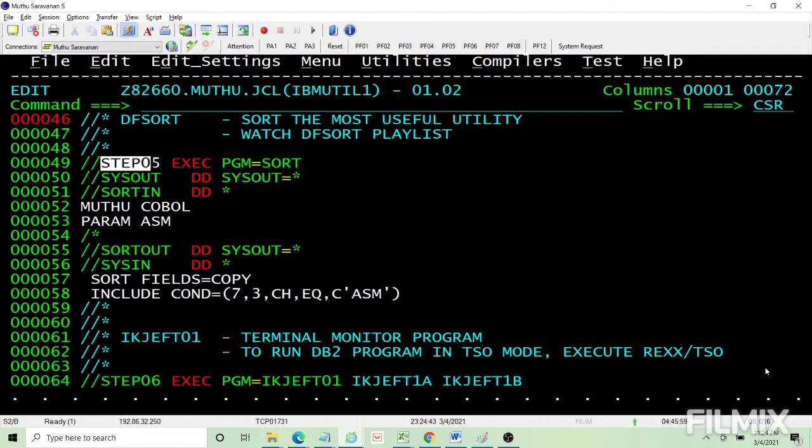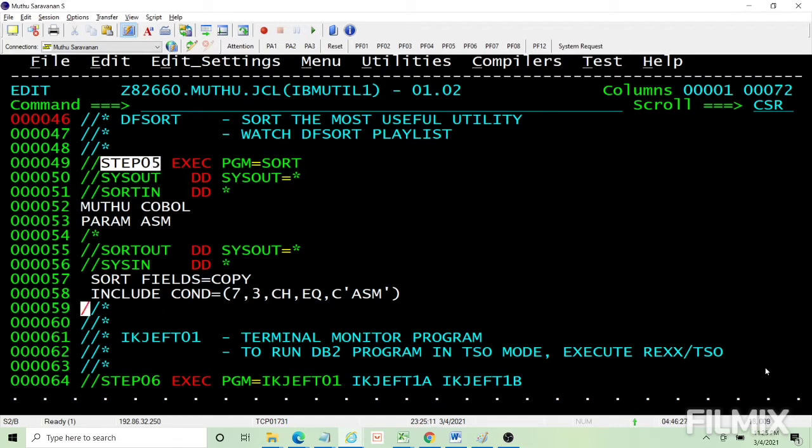Or you don't want an SOC7, you want to append, take all the records where all the numerics are valid. Huge numbers of users are using SORT in real time. So please, if you are a mainframe programmer, go and watch all the scenarios in real time, and how all of this you can do in SORT without going for a program. You can even write simple reports using SORT without writing a COBOL program.